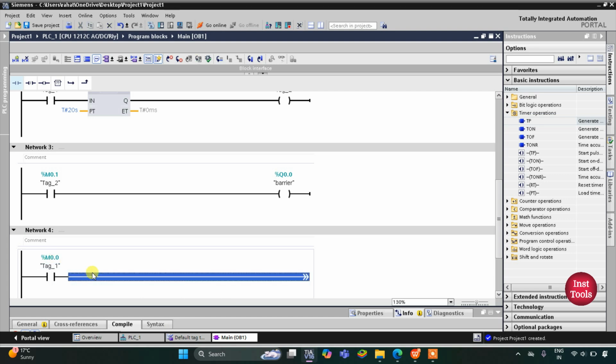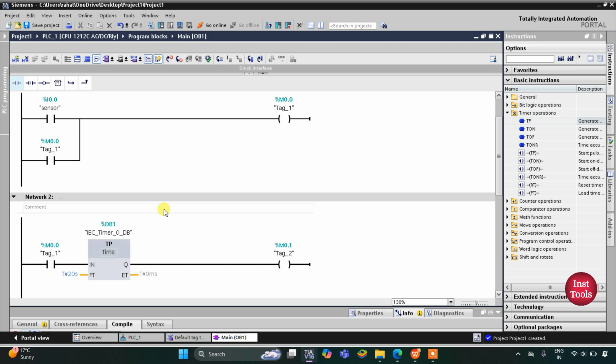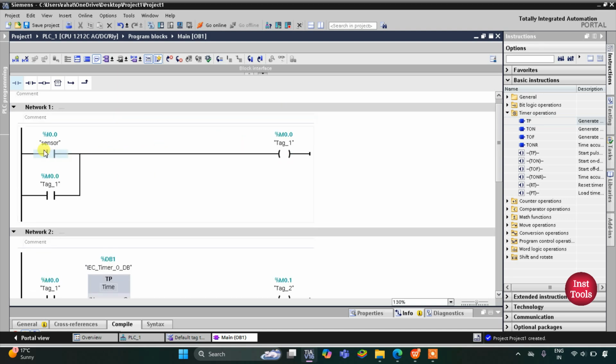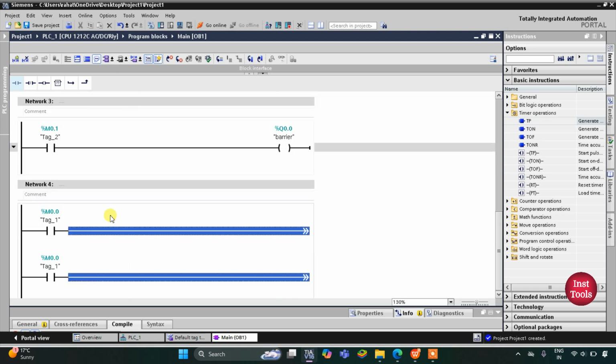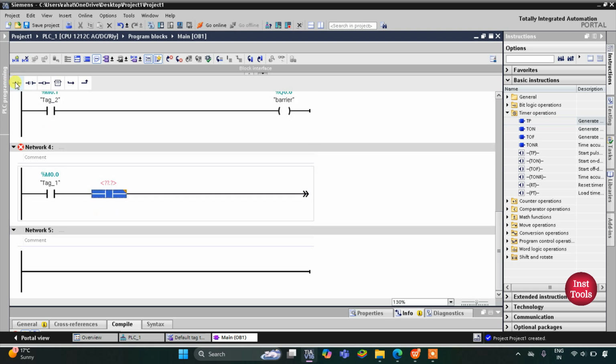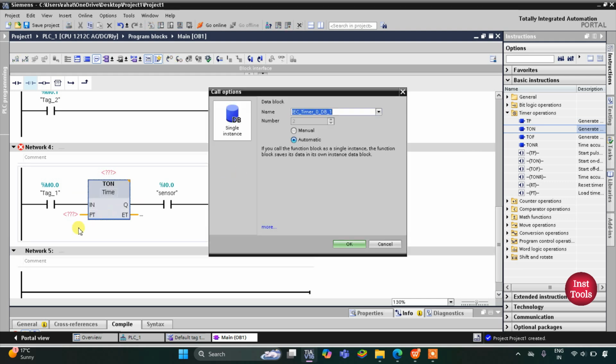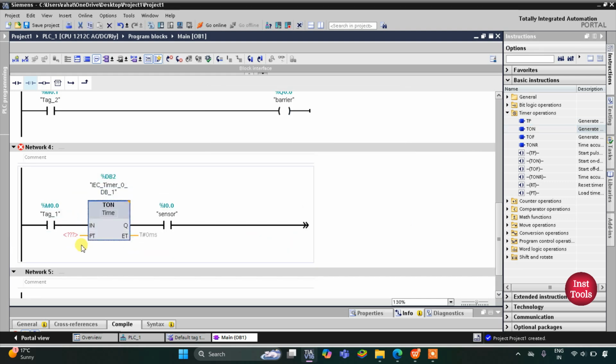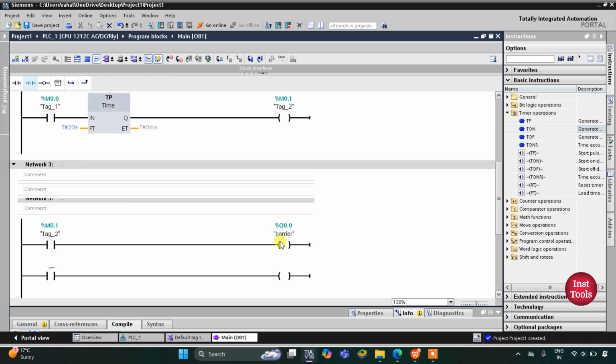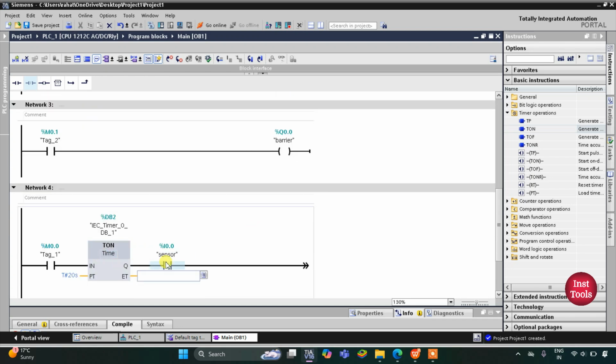And after that, this M0.0 stores the data that the sensor got activated, that is, there was a vehicle. And after that, the sensor again detects that there is a vehicle, but the sensor will activate after 20 seconds. So here we will use TON. Okay. So this timer will be 20 seconds. So after 20 seconds, the barrier will go down, and when the sensor again detects that there is a vehicle there,